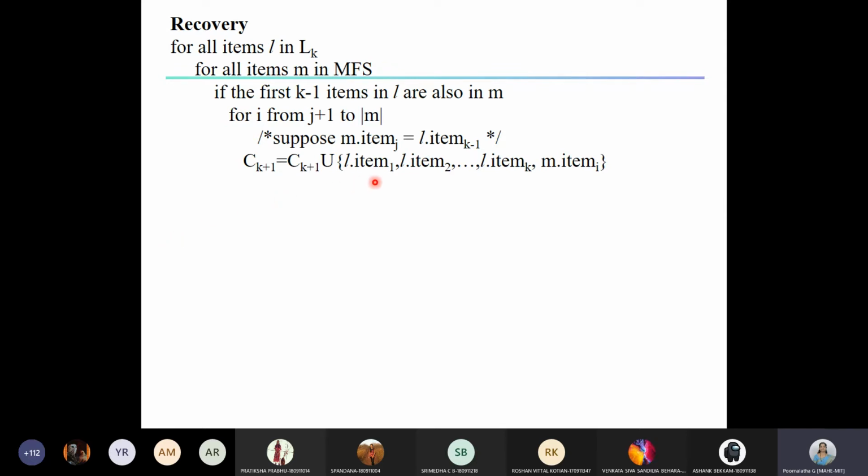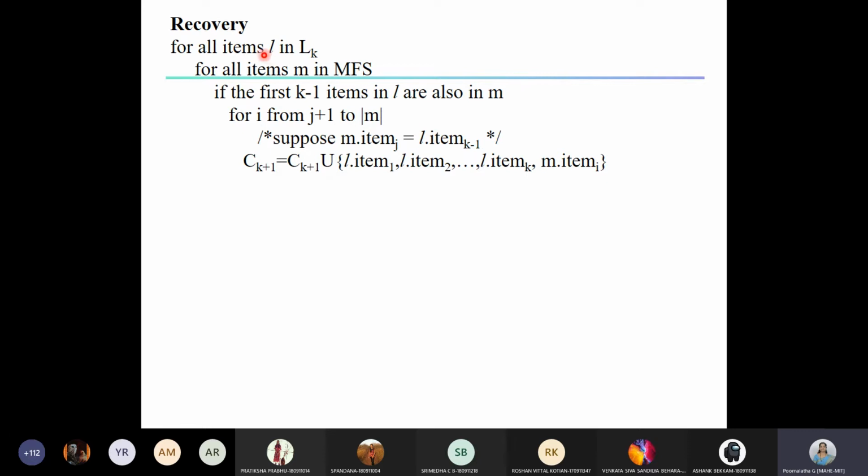So L dot item 1 up to item k. Because up to k minus 1 they are the same, we write the last item of L, followed by the last item of M. This is nothing but similar to your Apriori candidate generation algorithm.